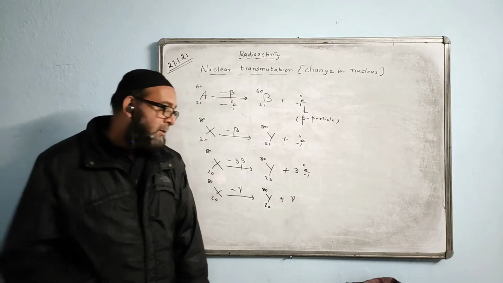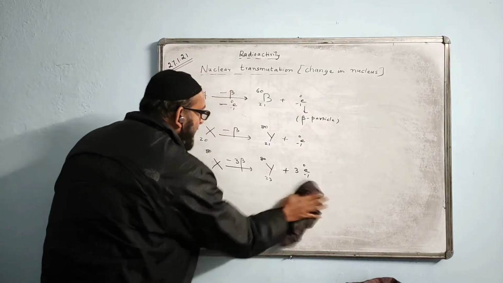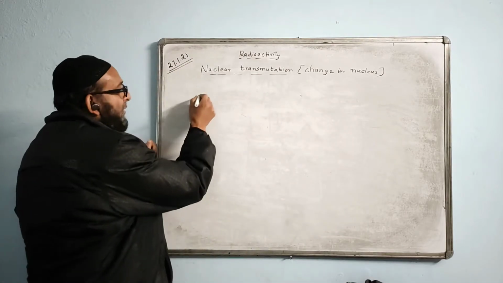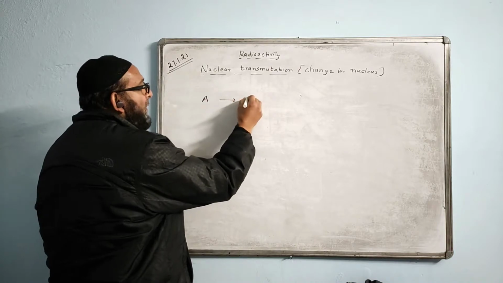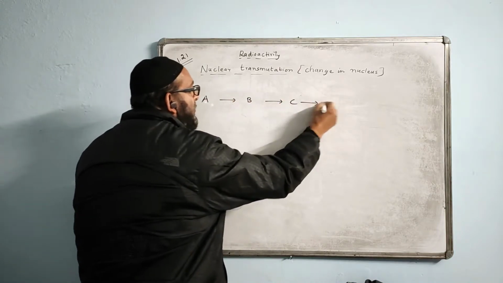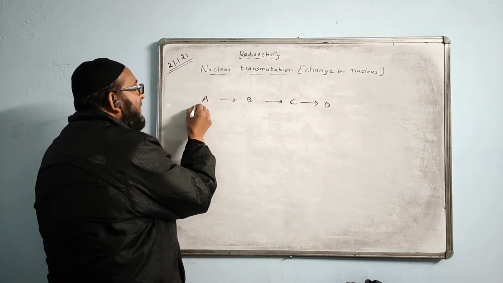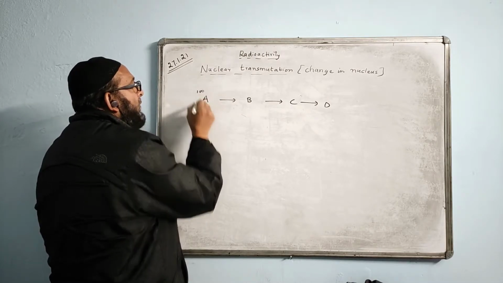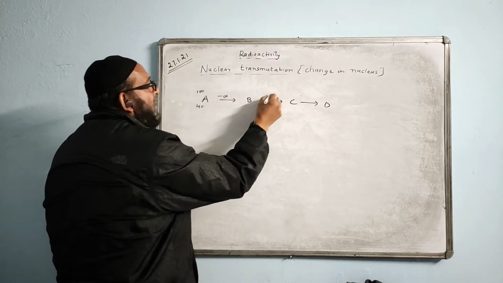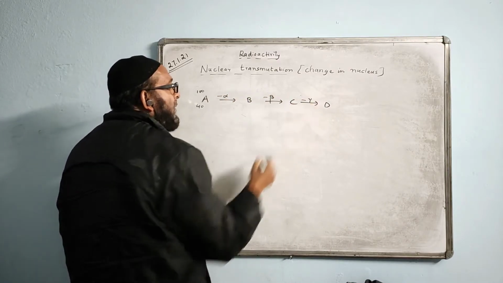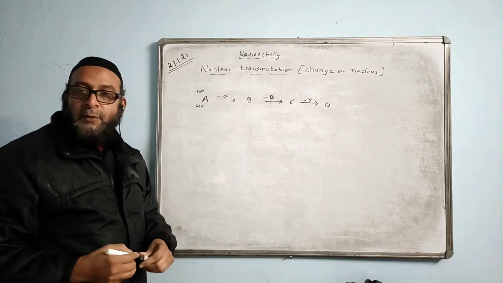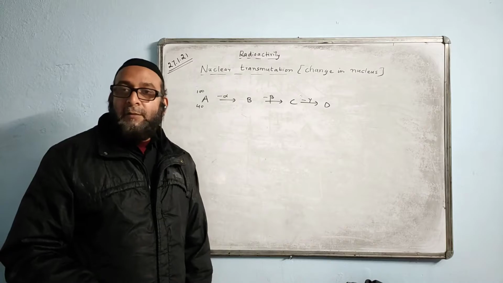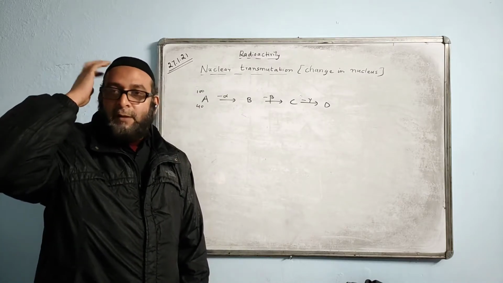Hope you understood it. Now they may give a kind of question that you just have a look at. They are giving a kind of flow chart. A to B, B to C, and C to D is given. A value is given 40, and maybe here is given 100, and here is written minus alpha, here is written minus beta, and there is written minus gamma. And they are asking, give the composition of the nucleus B, C, and D.